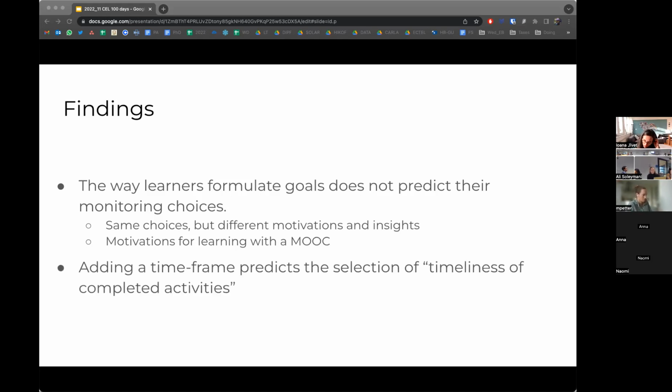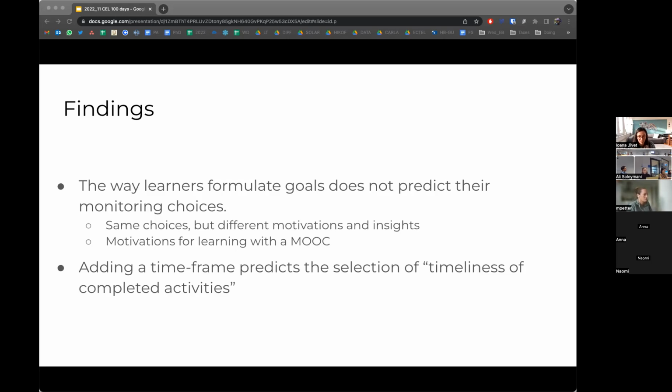Another thing that we found is that adding a time frame to a goal predicts the selection of one of the procrastination indicators, which is the timeliness of completed activities. So this means that students that had a time frame in their goal were more likely to choose to monitor how close to the deadline they